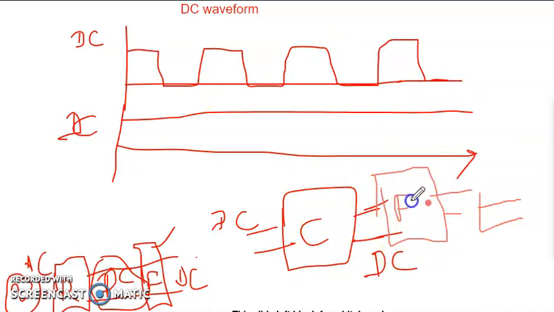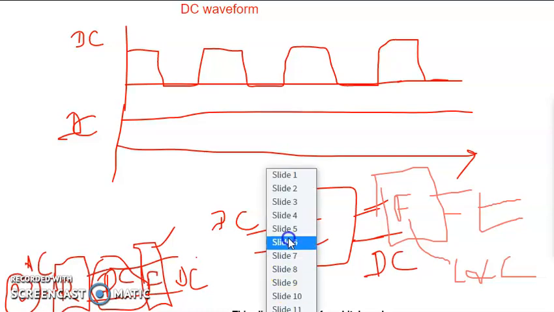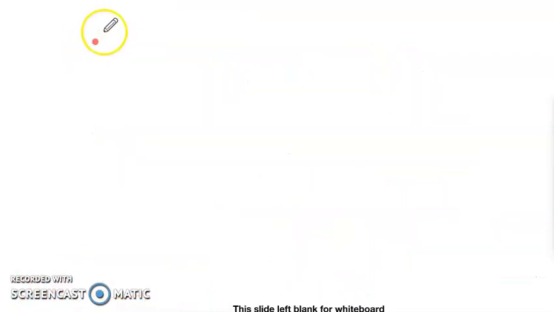Then what is there inside the filter? It's nothing but a combination of L and C. Only the combination of L and C is inside the filters. So what is the purpose of the filter? To avoid disturbances, I mean noise. The noise you filter out. What is noise? It's unwanted disturbances. There are different types of filters, and each is developed from a combination of L and C.